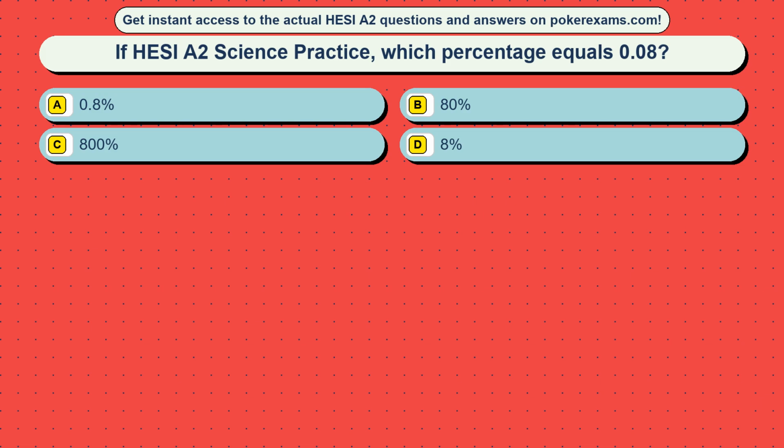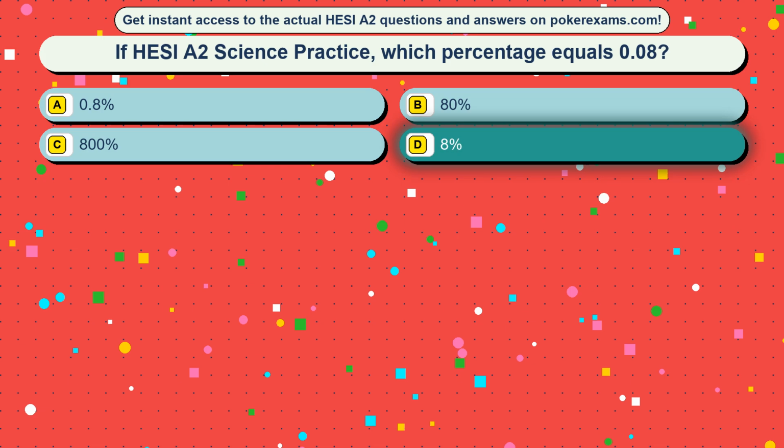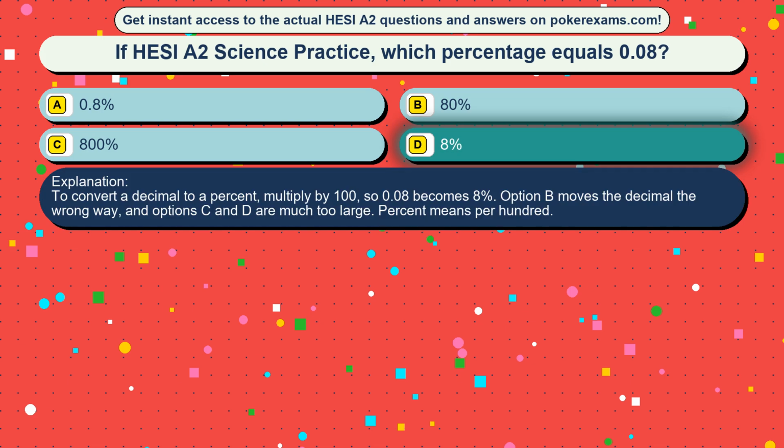Question 50. If HESI A2 Science Practice, which percentage equals 0.08? Option A, 0.8%. Option B, 80%. Option C, 800%. Option D, 8%. The correct answer is option D, 8%. To convert a decimal to a percent, multiply by 100, so 0.08 becomes 8%. Option A moves the decimal the wrong way, and options B and C are much too large. Percent means per hundred,